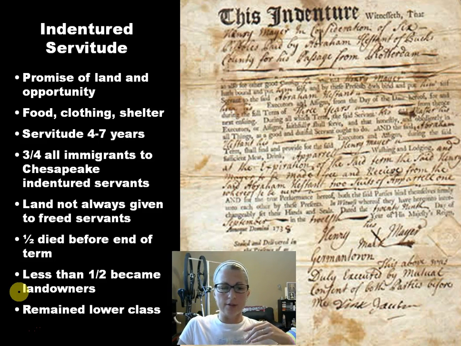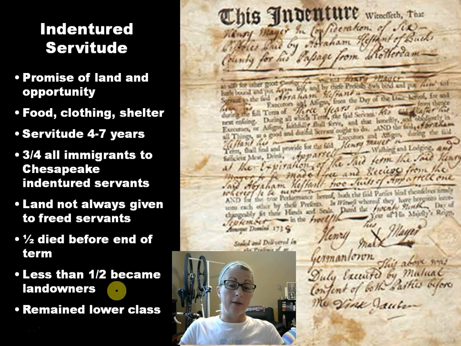A big point is this one right here that I'm highlighting, that less than half actually became landowners. This is going to be a big thing we'll talk about in this lecture, that a lot of these servants never got the land that they were promised after their servitude was up, and they're going to end up having to make it on their own, go into the backcountry themselves, cut down all the trees themselves, deal with the Native American Indians themselves, and eventually we're going to see they're going to get a little irritated with this. And we'll start to have a lot of resistance to local governments,